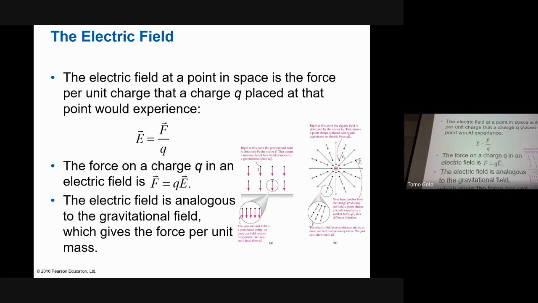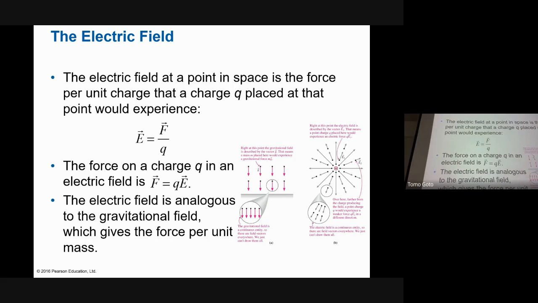So that gives you an electric field. Now, as you can see, in this case, if you're close to the charge, the electric field is stronger, because of Coulomb's law, distance squared. If you're away from the charge, the electric field is smaller because the distance is greater.